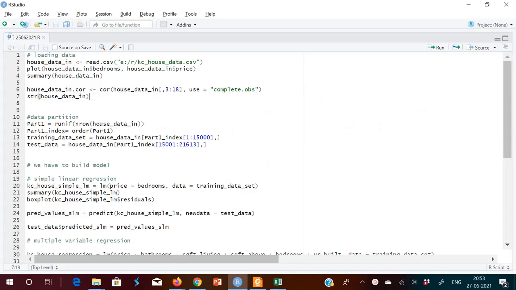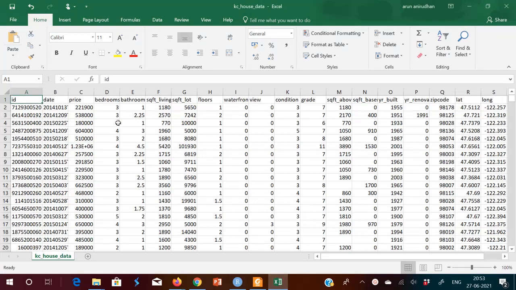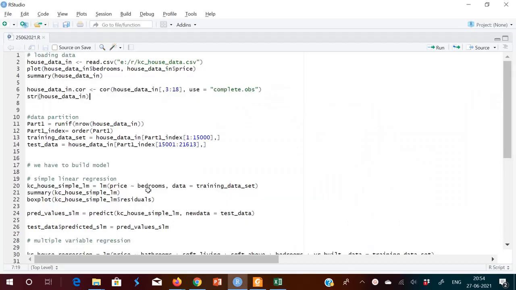Today I'll be taking another example. This is a very big data set. It shows the price of a house, and it also mentions the bedrooms, bathrooms, and square feet living, and all these things. So we are going to find or predict the price using different models. As you know, first you have to load